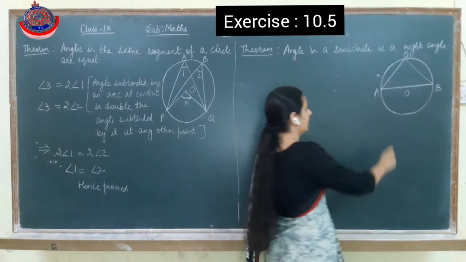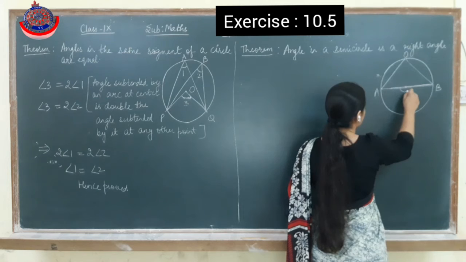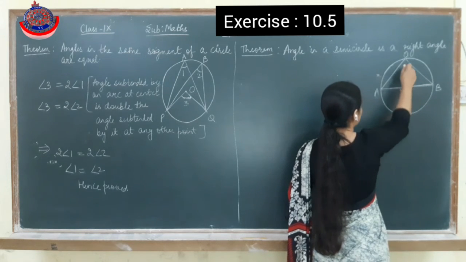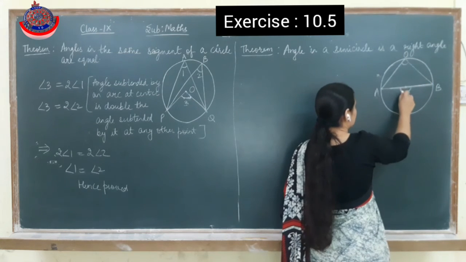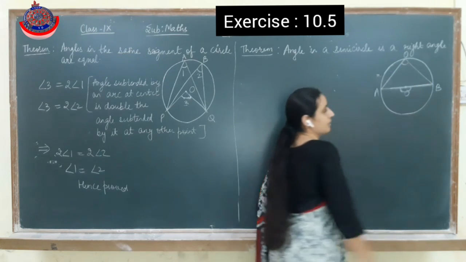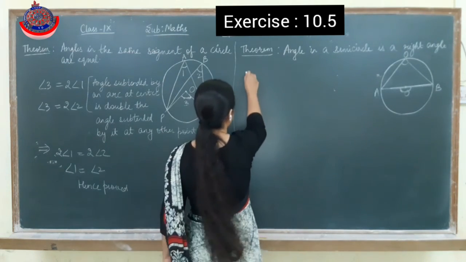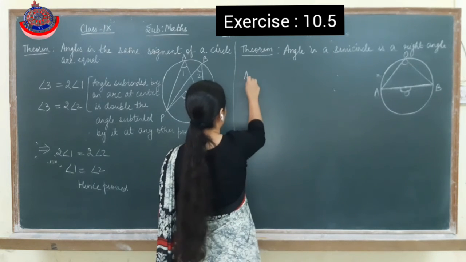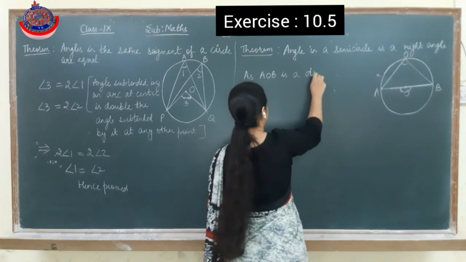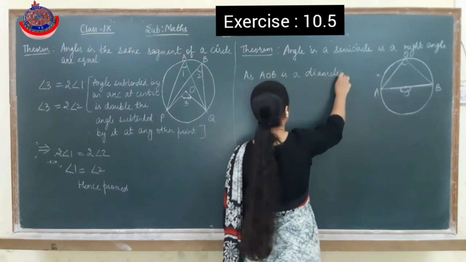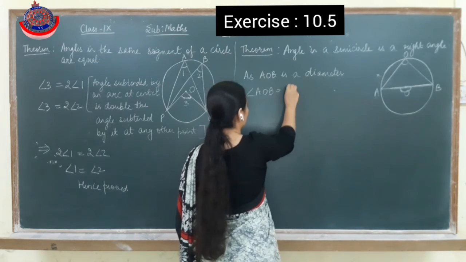Now how we can say, as we have done when it is a straight line, that means this angle is 180 and this is always the half of this, or we can say this is the double of this. So when this is 180, so obviously this will be 90. Fine. So we have to just write like this. I am writing the proof only, as AOB is the diameter. Diameter means it's a straight line. So therefore angle AOB should be equal to 180 degree.